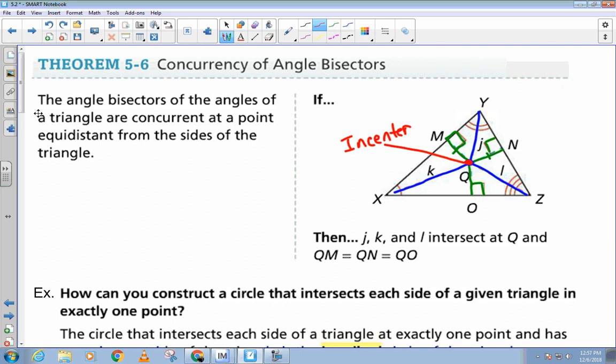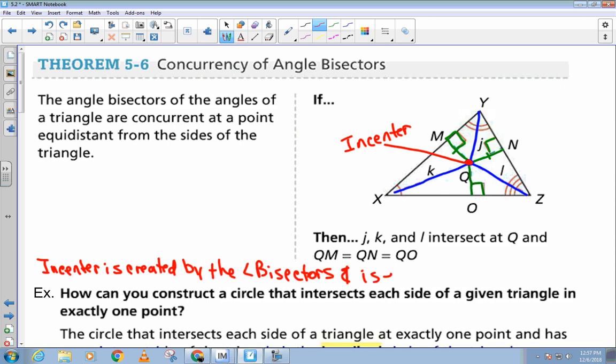Okay? And your incenter is created by the angle bisectors and is equidistant